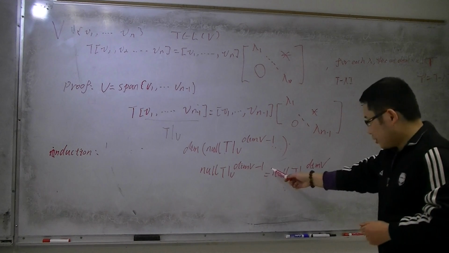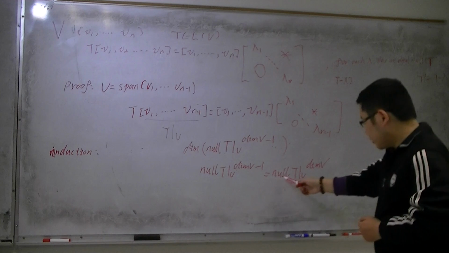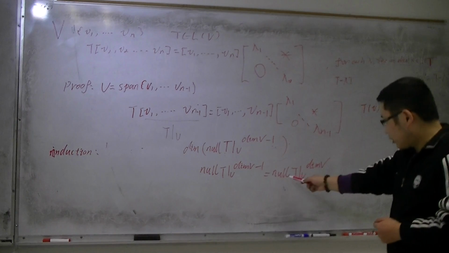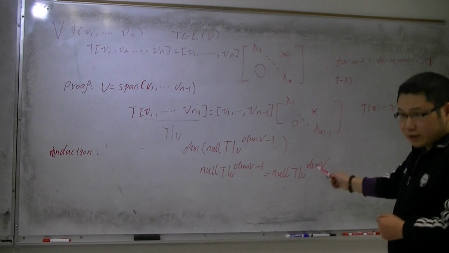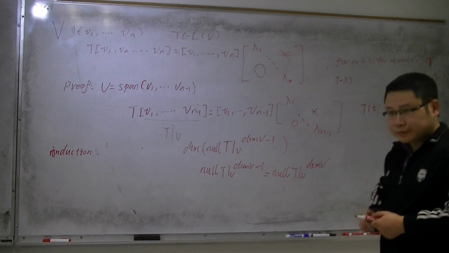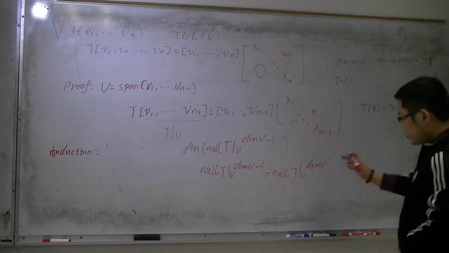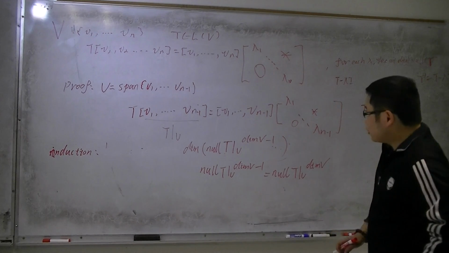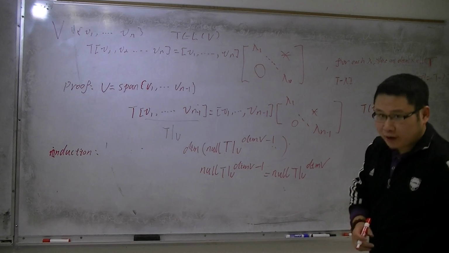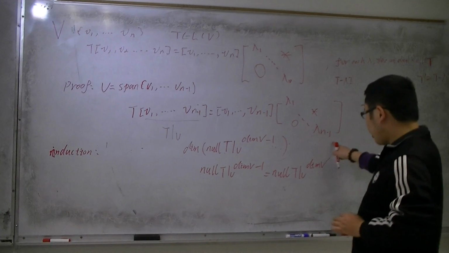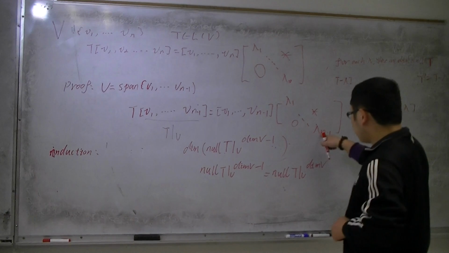So I have proved before it's also equal to this minus 1. It's equal to the null space with U, dimension v. And so in this situation, I will divide my proof into two parts. First, I have already